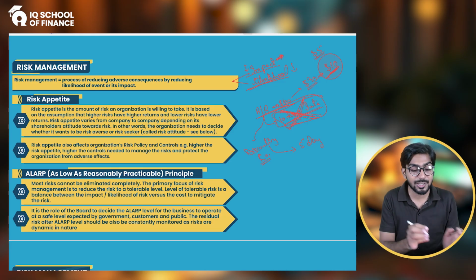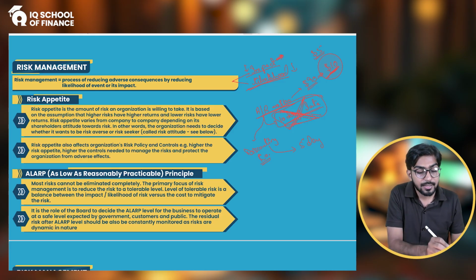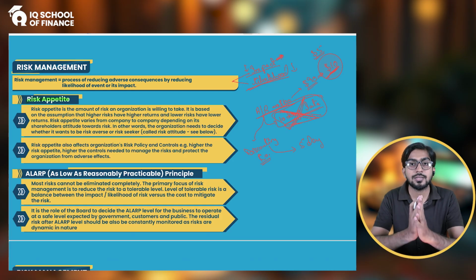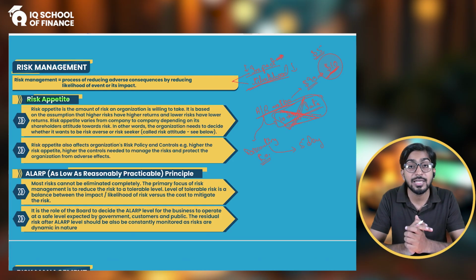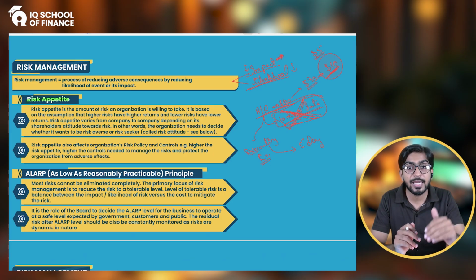And that next topic is basically the risk appetite. Appetite means how much risk a company can accept. We have seen it in our real life as well: there are a few people who are risk takers, who like risk in their life. And there are a few people who are risk averse. They do not like taking risk. They like to have a safe position, a safe condition in which they are not exposed to any risk. They play safely. And there are some people who take risk.